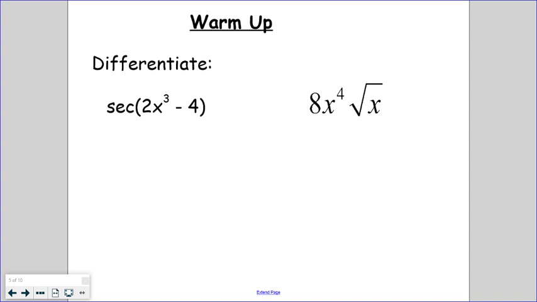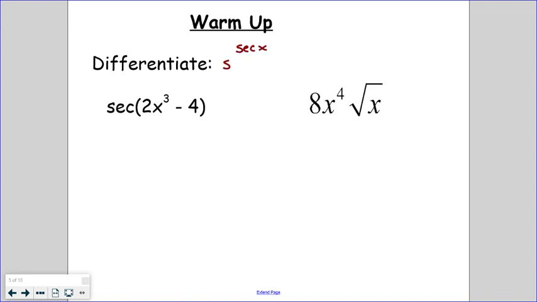All right, on our warm-up, the first one that I picked is secant of 2x cubed minus 4. The reason that I picked this is because sometimes we're missing the inside of this as we go to do our derivative. A lot of us can tell me that the derivative of secant x is secant tangent. However, when we're looking at a chain rule type of problem,